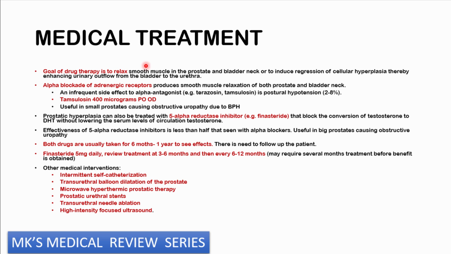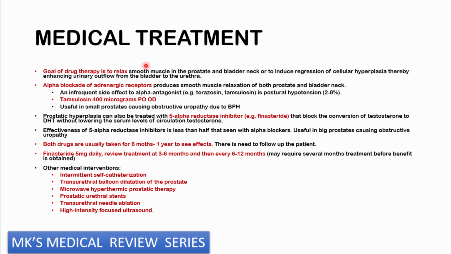So when it comes to treatment, it can be divided into two halves: medical management and surgical management. So the whole goal of medical management is pretty much to relax the smooth muscle of the prostate and the bladder neck, or to induce regression of the cellular hyperplasia and therefore enhancing the urinary outflow from the bladder to the urethra. So we can actually give drugs for this. You may give alpha blocking